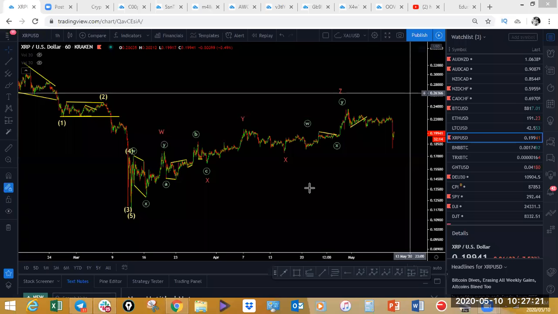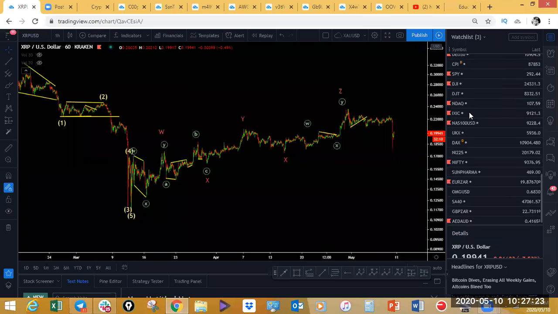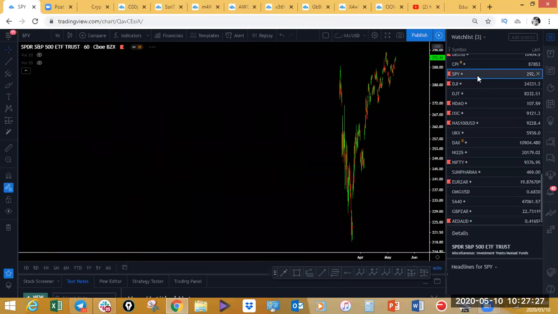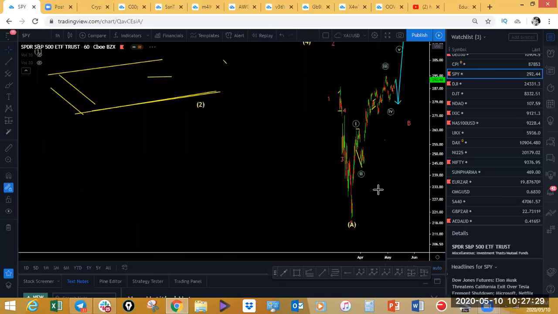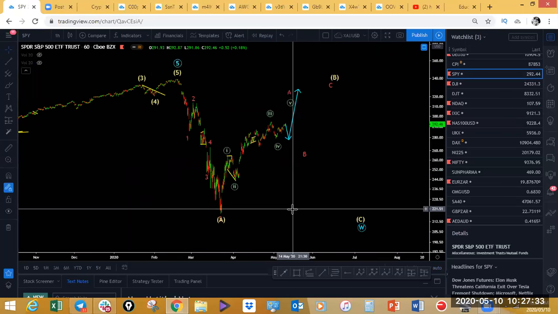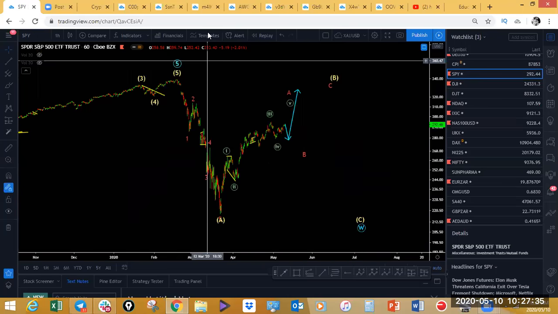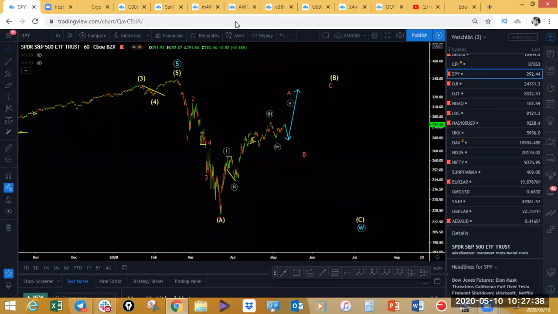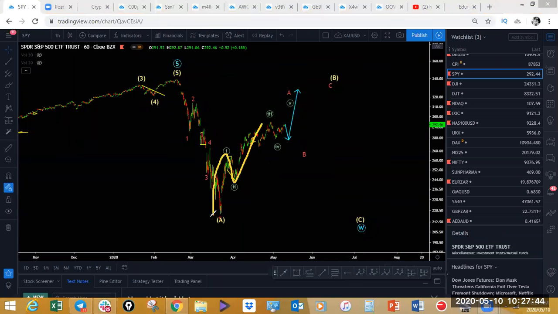Now looking at the indices, let's look at the S&P 500. The S&P 500 and all the indices I have been forecasting. I've been forecasting a corrective structure since this started here. So we have been looking for this here. Looking for this here. And this has not played out as I was expecting, because I was expecting that after